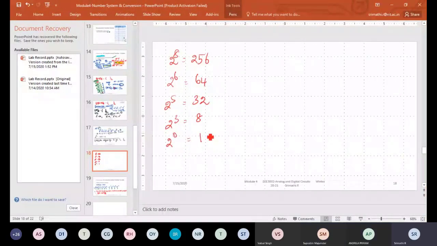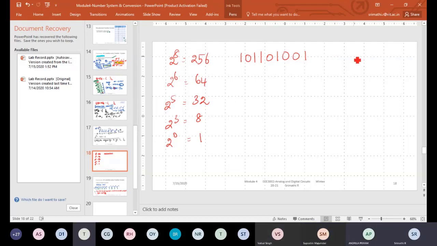So now how will you write the equivalent binary? We are having the 8th position to be 1. 7 is 0, you don't have 7, right? 6 I'm having, 5 I'm having. 4, there is no position for 4. 3 we have. 2, 0, 1. Am I right? 0, 1, 2, 3, 4, 5, 6, 7, 8. Is it right, guys? 1, 0, 1, 1, 0, 1, 0, 0, 1. Yes, ma'am.